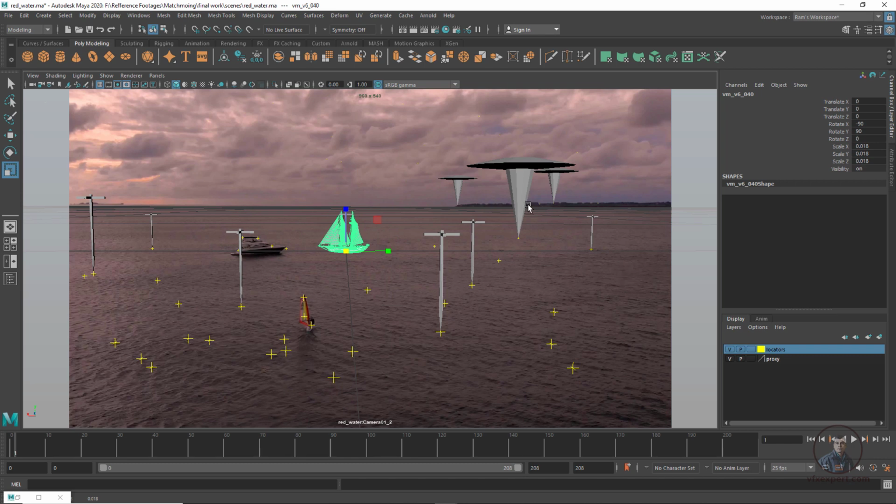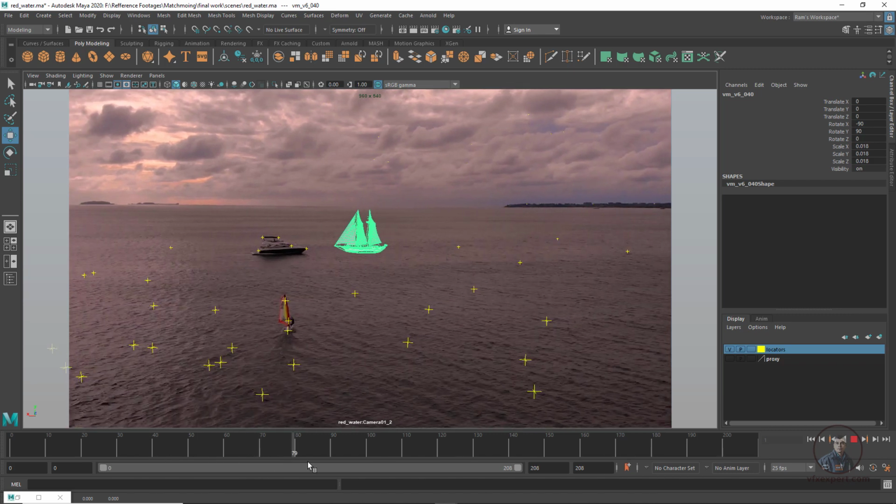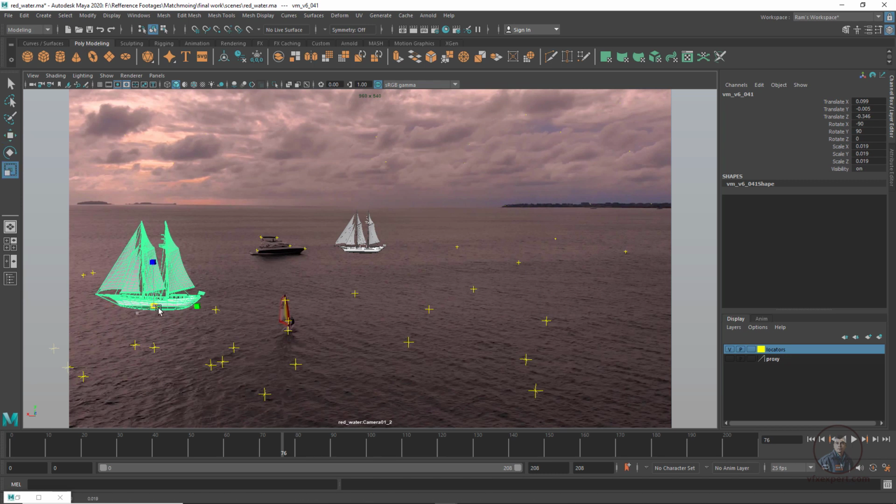Maybe just switch to our proxy geometry, and if you want you can also switch to your grid, then proxy geometry and grid also. So now here I am going to snap this object onto this point, then select object and hold V and snap it here. Maybe this is looking good. Now after this, create a duplicate and place it on other locations also. So select object, Control D, duplicate, V and snap it here little bit. If you want you can adjust scale like this, W, again Control D, create duplicate, V.